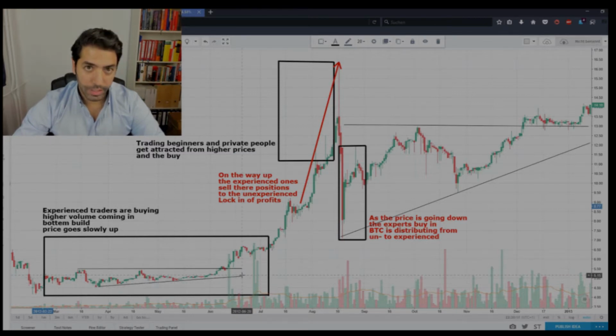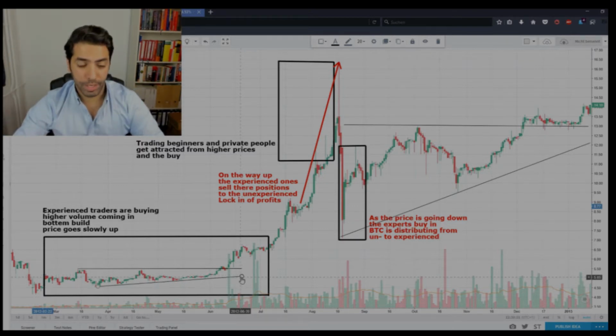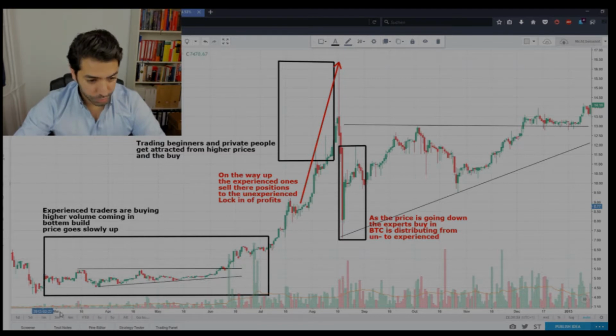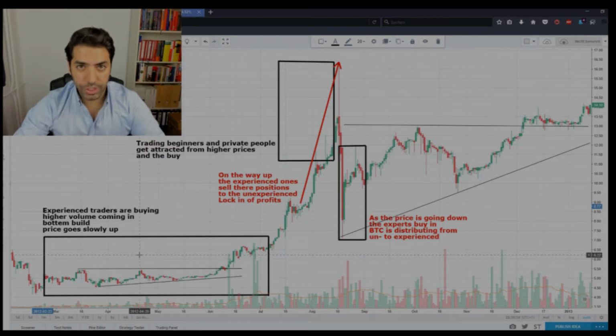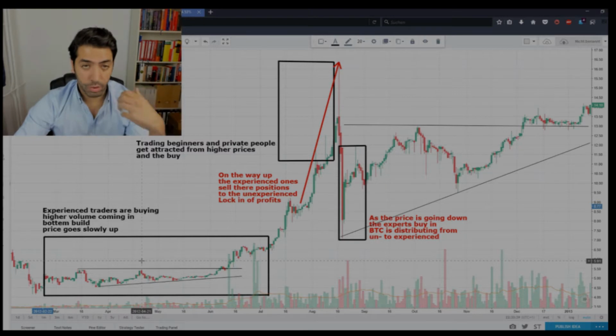The top line is here and the bottom line is stepping up a little bit, so we are not in a channel. The lower line of the channel is going up. So you can see that something happened to the price. And this phase, which was about two, three months, is the so-called accumulation time, where the experienced traders or investors buy into their positions and build their portfolio.